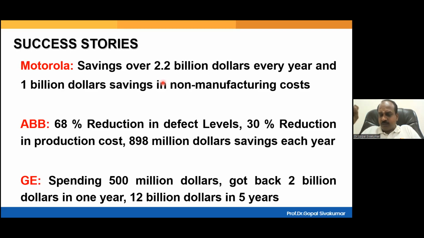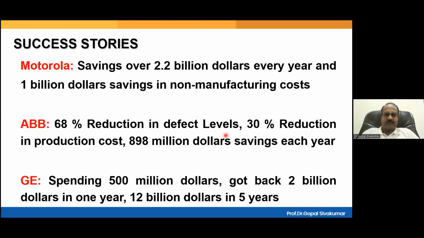Sometimes it is critical to quality. Sometimes it is critical to business. Because both are important. Certain characteristics are important to your customer and certain metrics are important to your business. If there is a problem, yes, Six Sigma is applicable. And 68% reduction in defect levels, 30% reduction in production cost, $898 million saving in cost of poor quality. And General Electric, by spending $500 million,